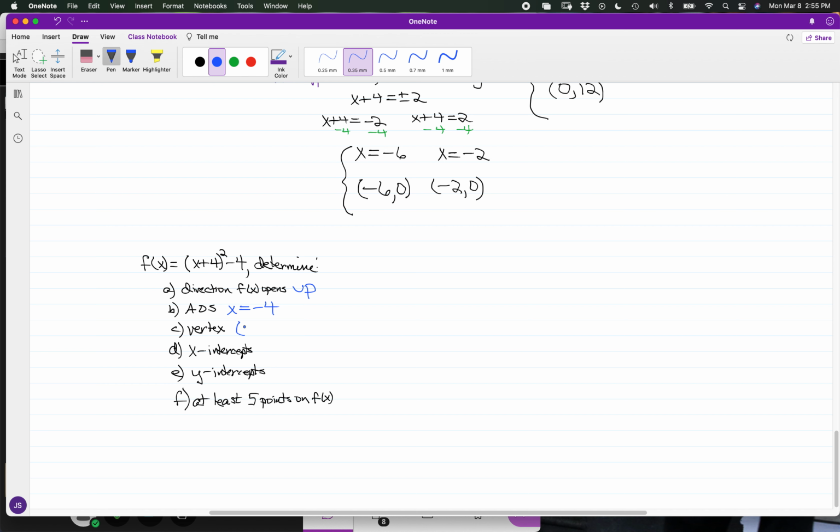For the x-intercepts, in coordinate fashion, we have locations at negative 6, 0, and negative 2, 0. And for the y-intercept, that is going to be at 0, 12. And for 5 points on the graph,